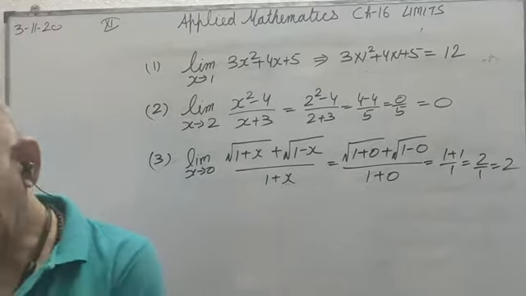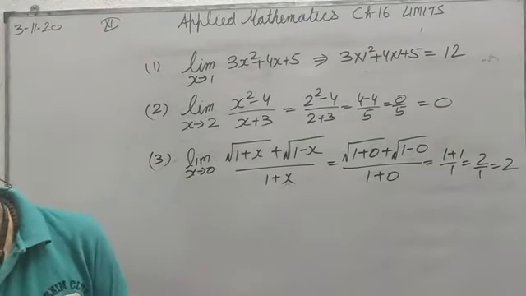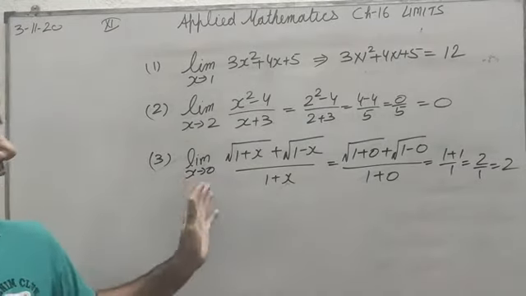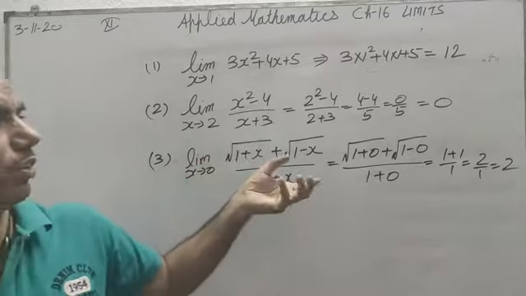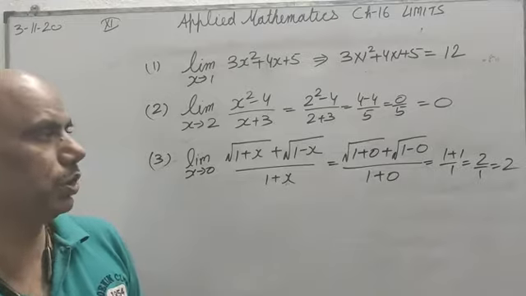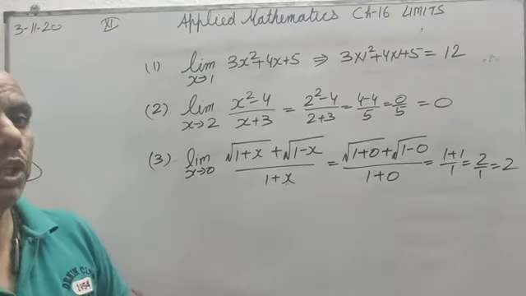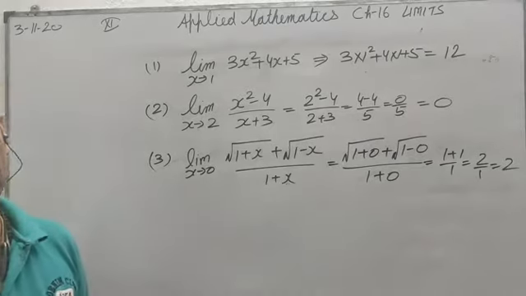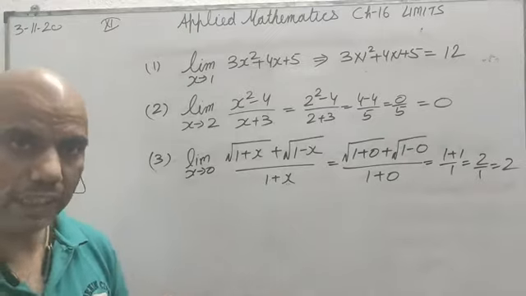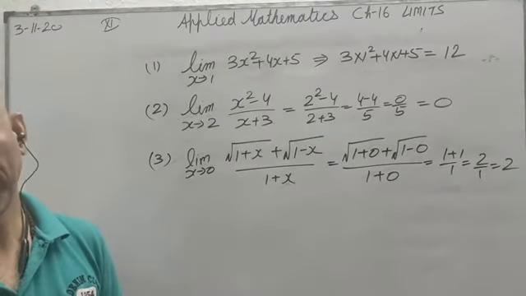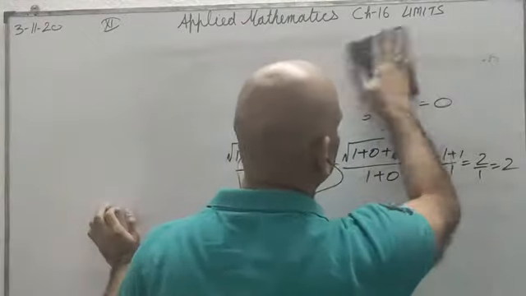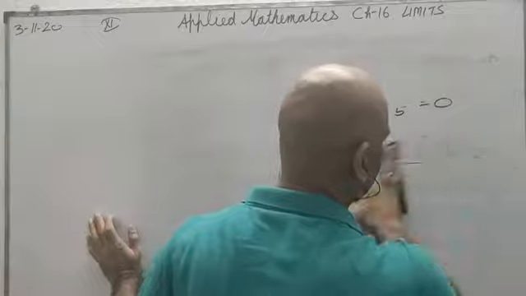Now we will discuss the questions in the factorization method. In the factorization method, when we substitute the limit, you will get 0 upon 0. And once you have 0 upon 0, you cannot substitute the value. So what you will do is factorize the numerator and denominator. Once the factorization is done, cancel whatever is common, and thereafter substitute the value of the limit. Okay, let us see the question. These are the questions in 16.2. Let us discuss 16.3 now.